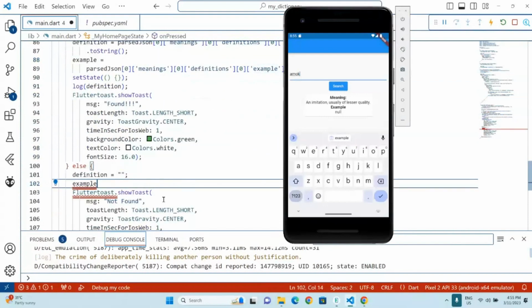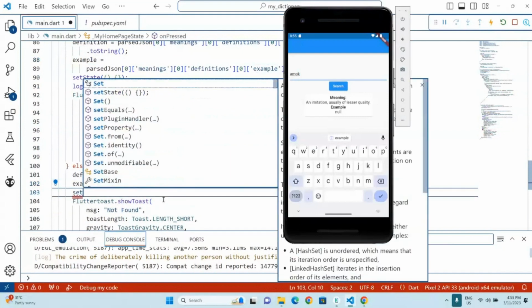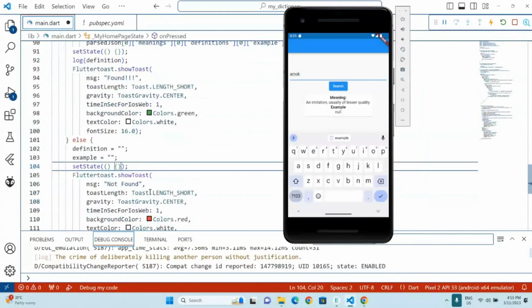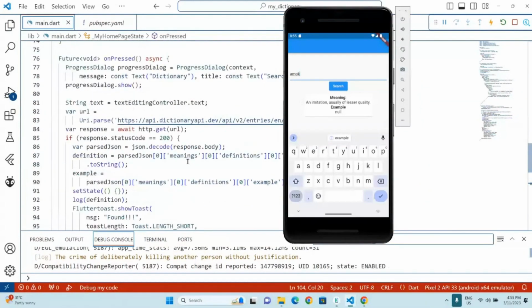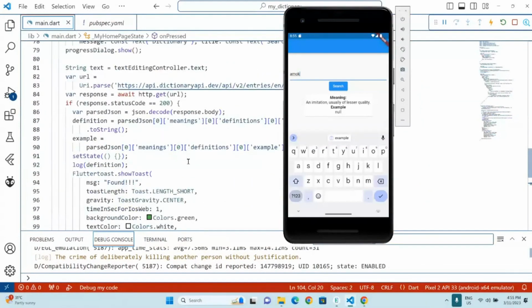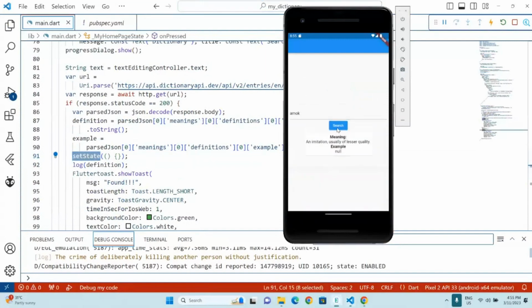don't find any irregular there. So just set state to refresh means that there's no data. And then we should be able to see the result. So because we put the set state there. Okay, so let's try that one more time. So you can see done, none. Here maybe